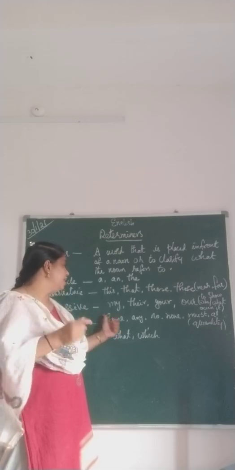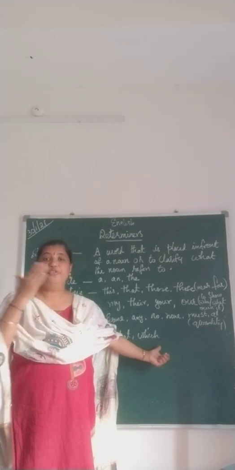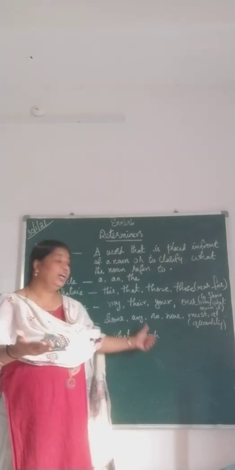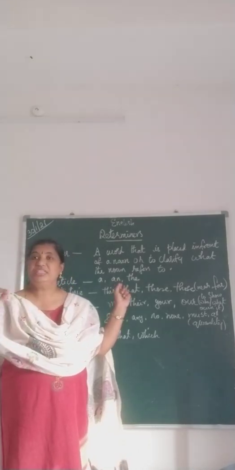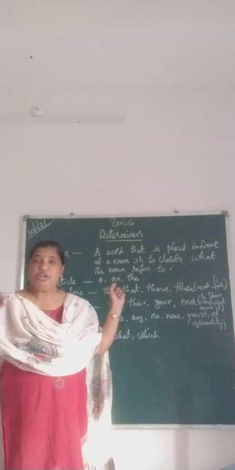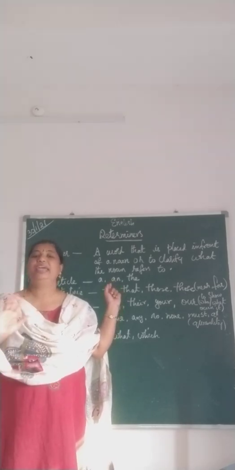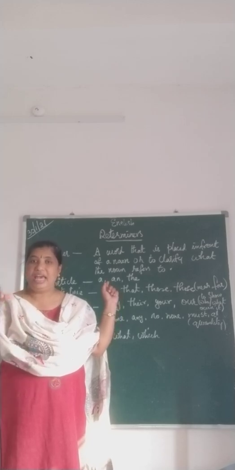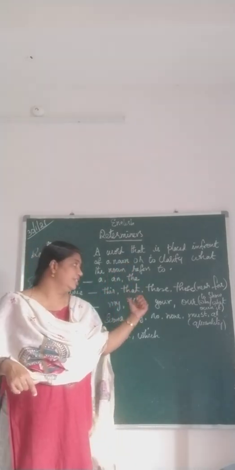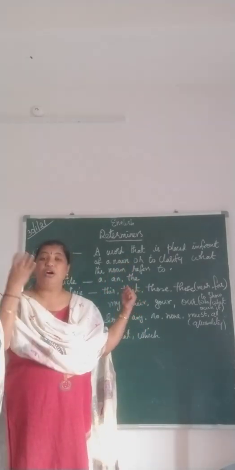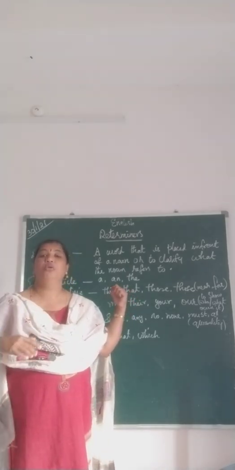Okay, the words like my, their, your, our. These four words, they become the possessive determiners. This is my pen. So you are saying, this is mine. Possessiveness, you are saying, yes, this is mine, it is not somebody else's. Okay, my. There the word my becomes the possessive determiner. It is telling you who or what the owner of the object is. Whether you own it or somebody else owns it.